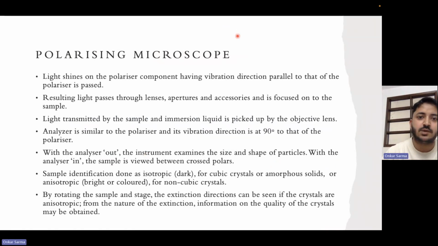So what is a polarizing microscope? It contains a polarizer, and a polarizer allows only the components of light which are vibrating parallel to it. The light which passes through it reaches the lenses, aperture, and other accessories, and is focused onto the sample. The light transmitted by the sample, through the immersion liquid, is then picked up by